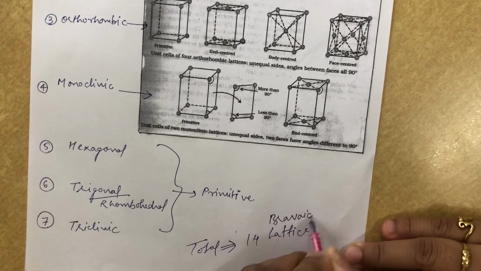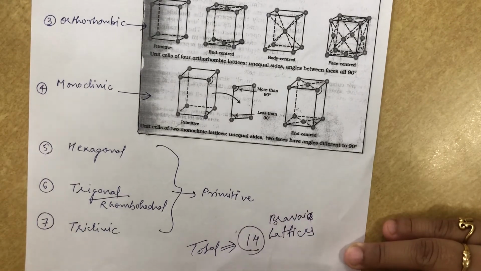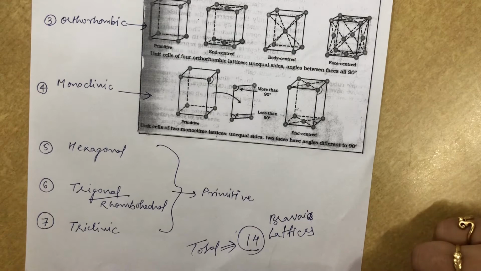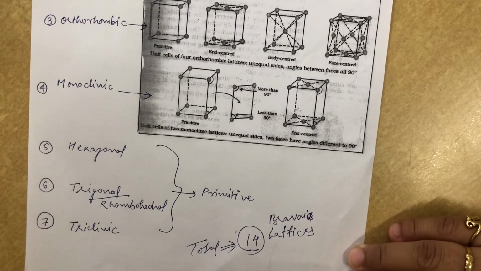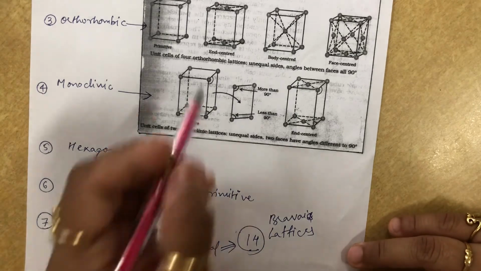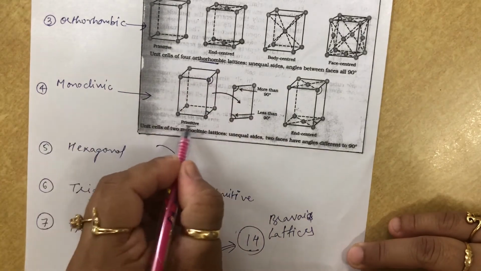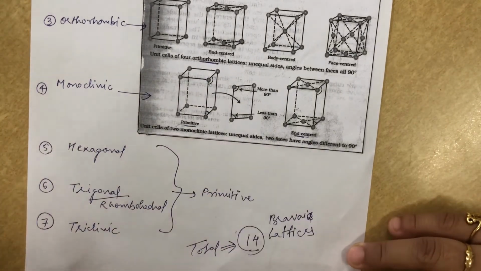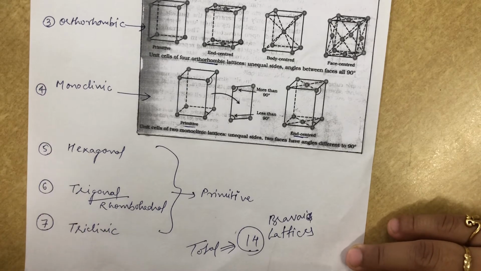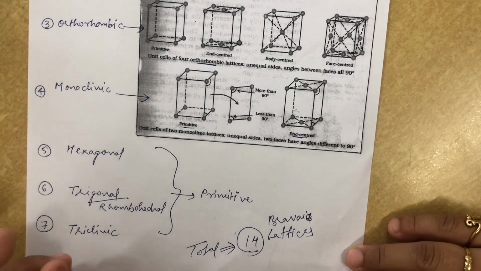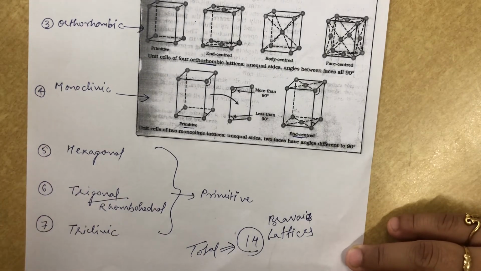I hope this is understood to all of you. Please refer to your book for the figures I have shown for the various unit cells very nicely here. Try to draw them, try to understand the 6 parameters of all this which are being discussed ahead in my videos, the 3 axial distances and also the 3 angle differences between all this.